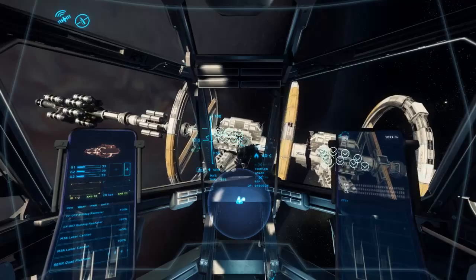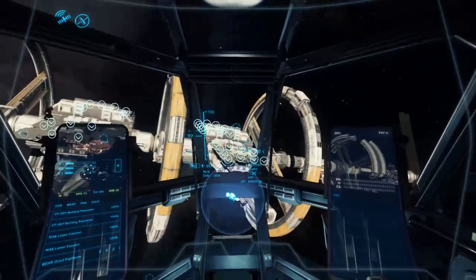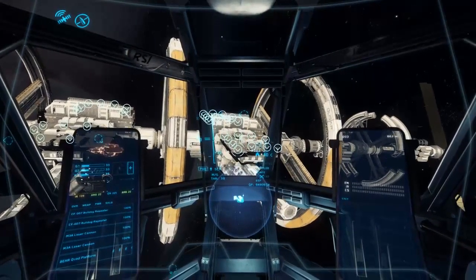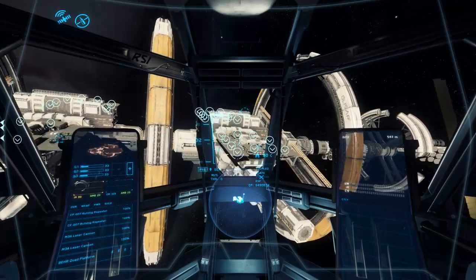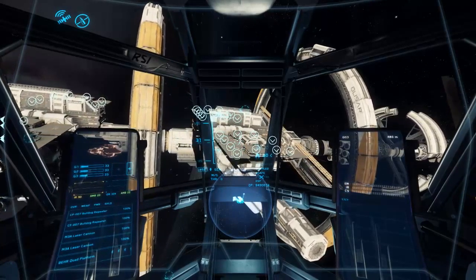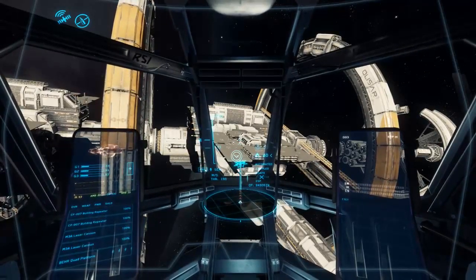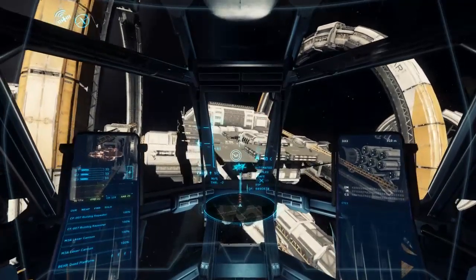Landing mode. That's really just a fancy way of saying that the radar is set to pick up landing pads. It's a great way to keep radar from cluttering things too much. All right, so...